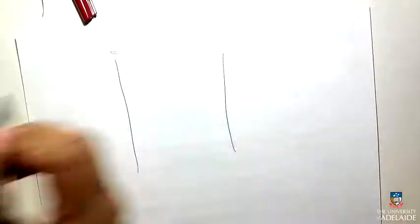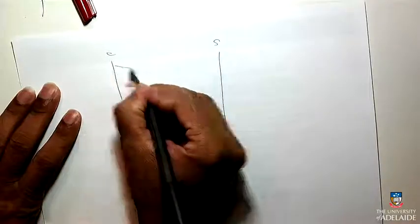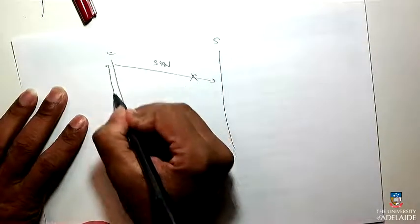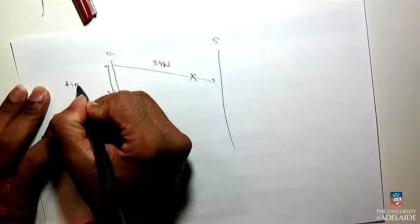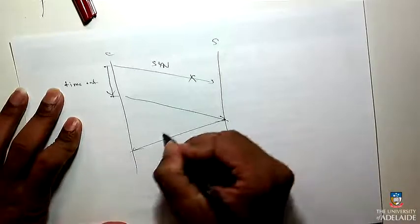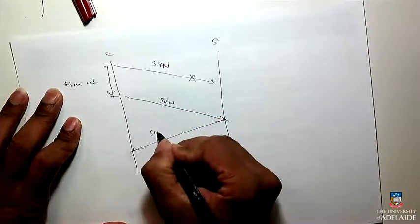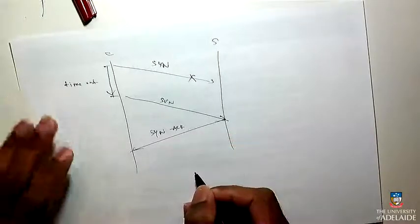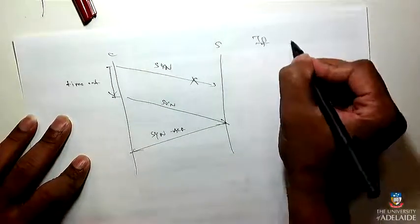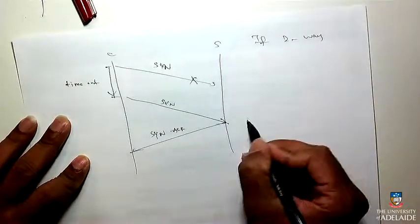Yeah, packets get lost, which can lead to half-open connections, right? So a typical example might be: you have a client, you have a server, maybe the client sends a SYN packet, maybe this gets lost, right? So the client has a timeout, retransmits, server sends a SYNACK, so that now we have a connection that's established. Now imagine if it's a two-way handshake, right? So this implies